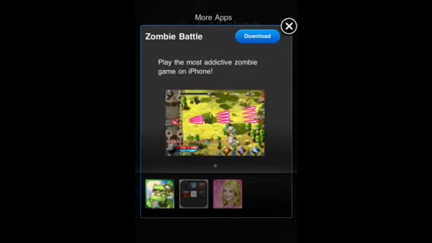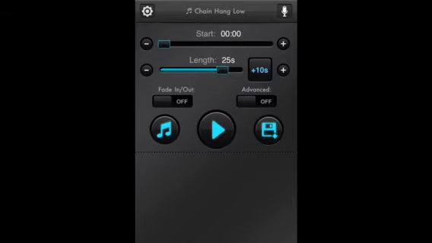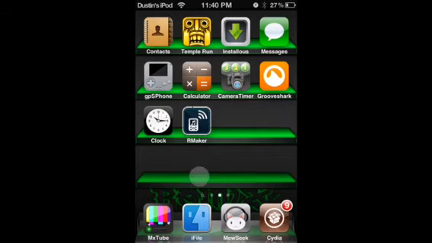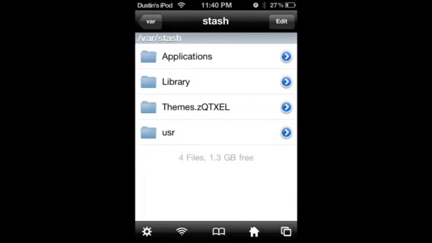Okay, now I'm gonna hit save, and we'll just wait for it to save. Okay, I'm gonna hit back, and now we're gonna exit out of the thing. Now, you can download iFile, which is what I'm clicking above, and you can download that from Cydia, which is basically a jailbroken app store.